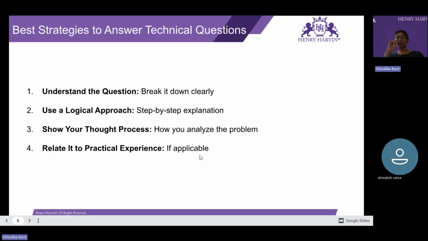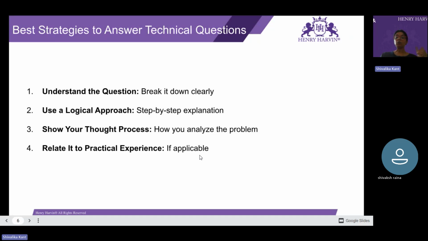Then practice with mock questions. Practice is the key to every type of interview. You should have the skills, and then you need to practice. So study common technical questions for your field. You can easily find them anywhere digitally; they are present everywhere. We will also discuss that from there. You can get such types of questions. Don't worry. So study common technical questions related to your field, your expertise, your area.